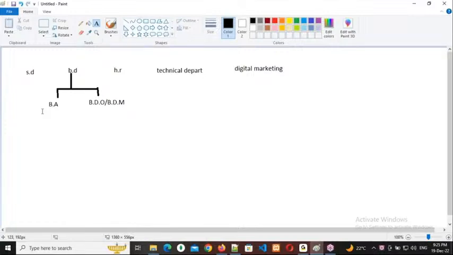So once the requirements are finalized, then thereafter they will conduct a meeting with the technical department. Before conducting that meeting, the business analyst will send the requirements documents to the technical department. So how many technical departments will there be? There will be multiple. One is